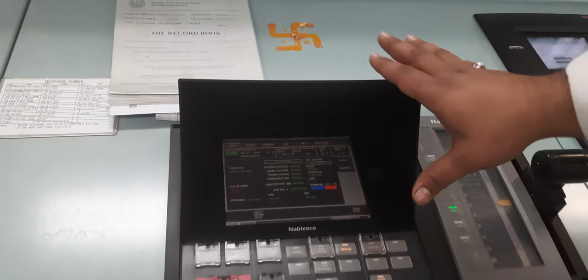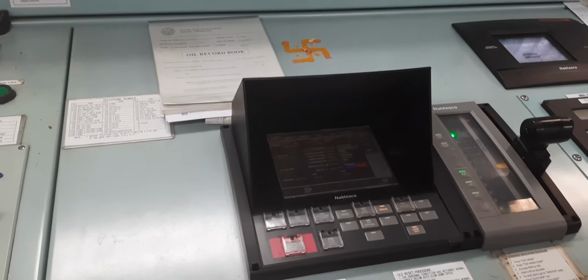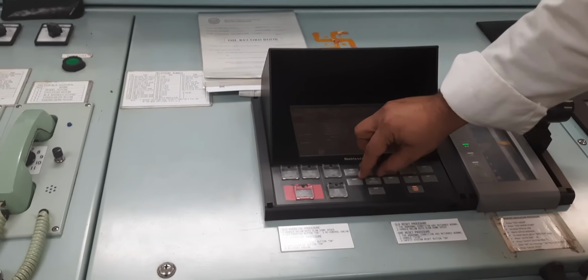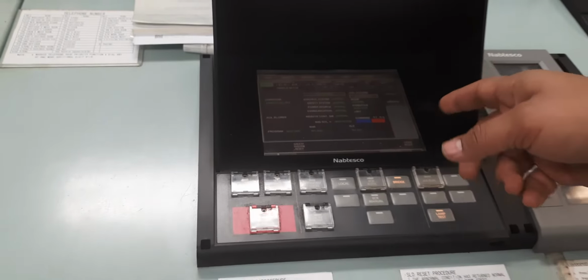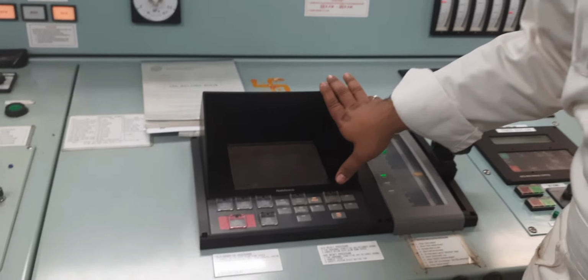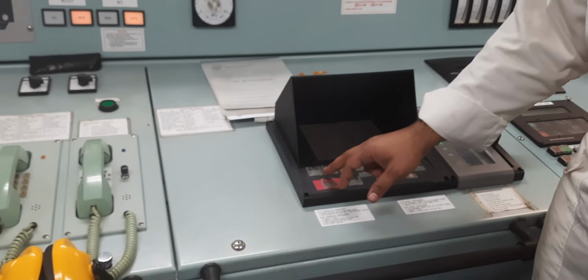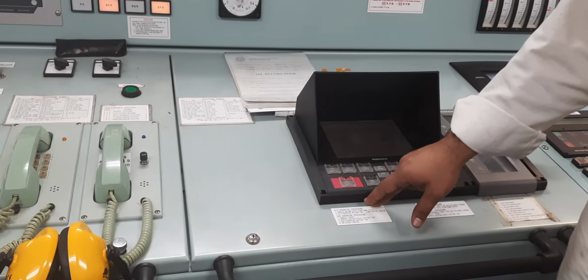Light is on bridge means we have given the control to the bridge. When we take the control, it comes on the ECR auto. Here, the light will flash, then the control will be in the ECR. There are all the override buttons.